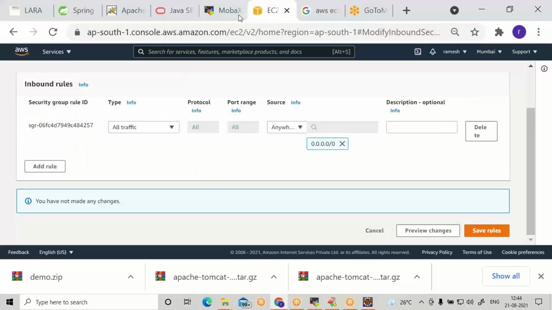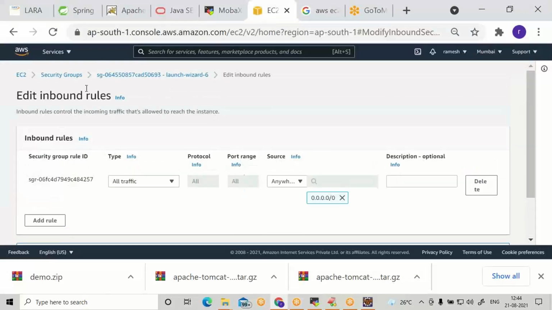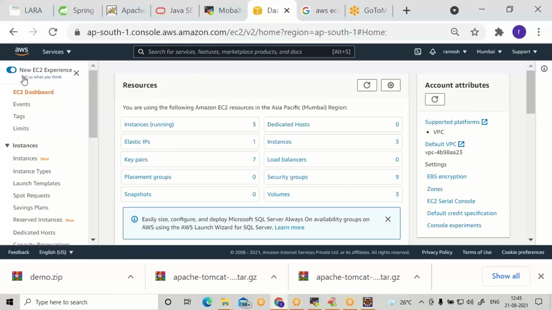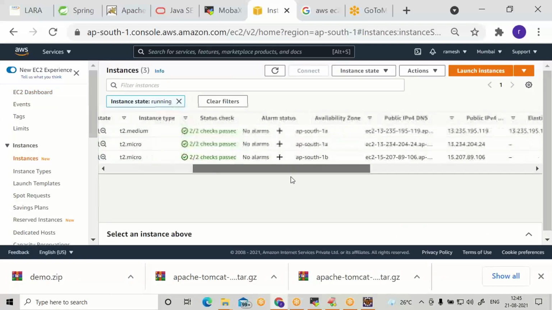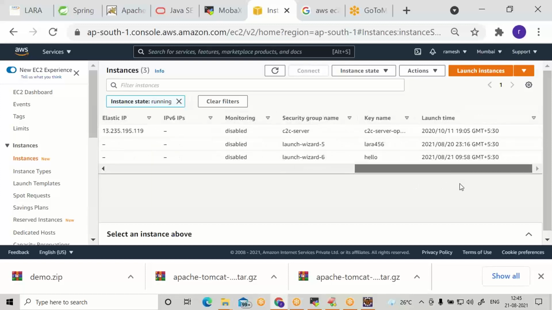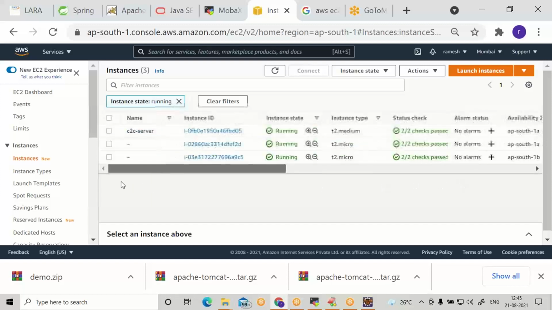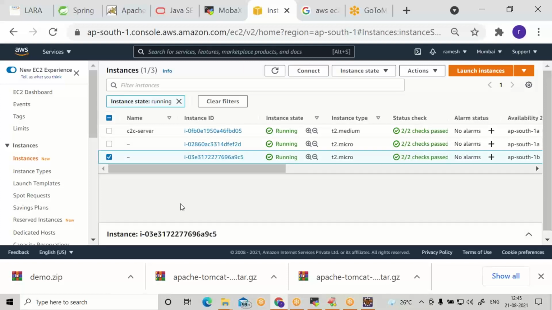Go to AWS, go to your EC2, go to the instances. This is the last instance. Select the last instance. In your case, you will be having one instance only.